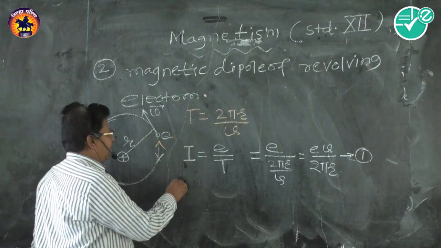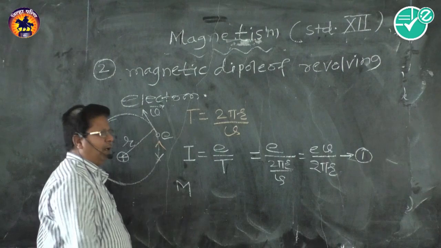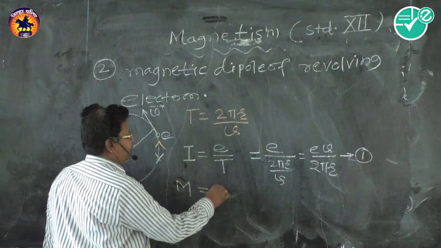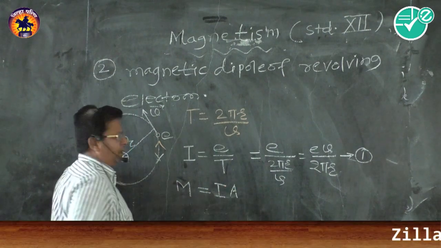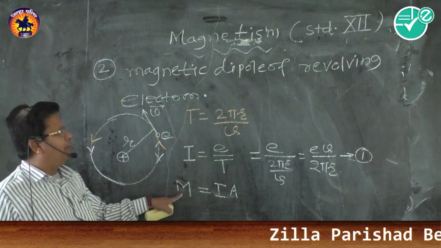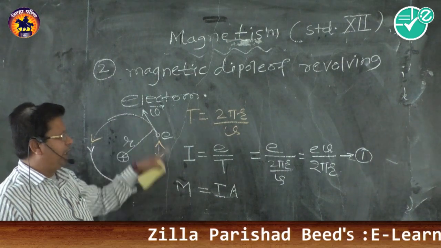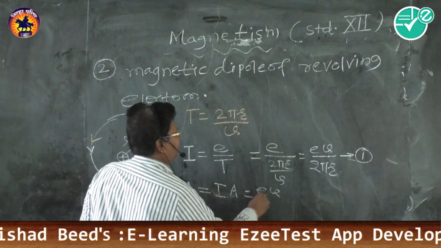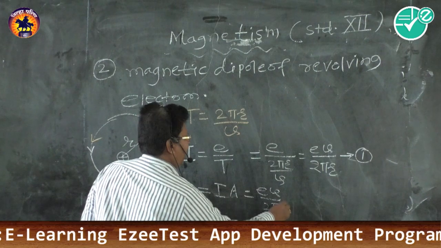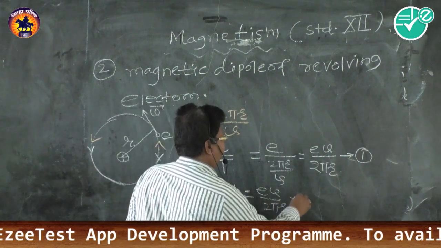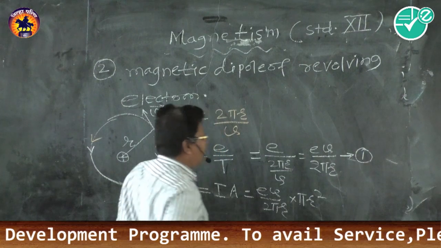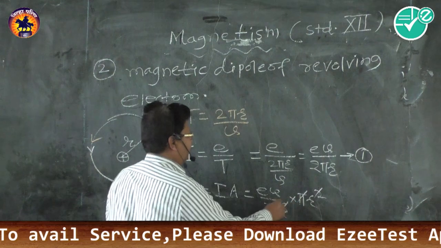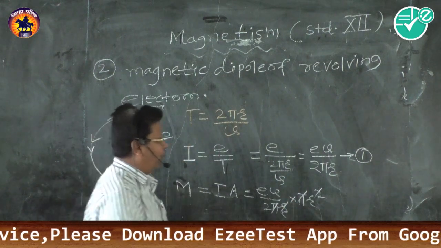Now we know that magnetic dipole moment for a circular loop carrying a current is given by the formula M is equal to I into A. And therefore the magnetic dipole moment of a revolving electron is given by the formula: the value of I is e into v divided by 2 pi r, and the value of area is pi r square. So this r cancels with this r, pi cancels with this pi, and therefore